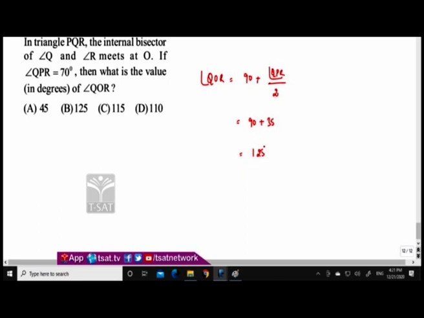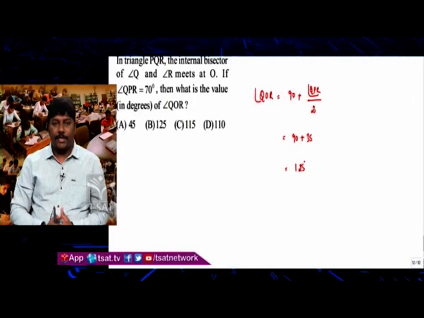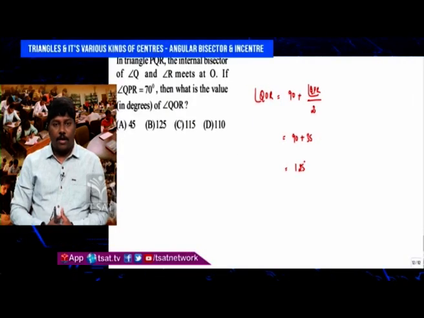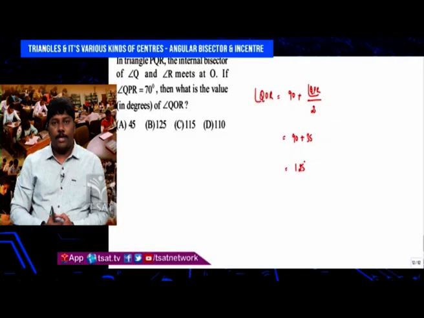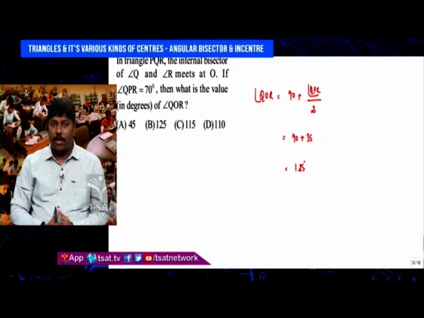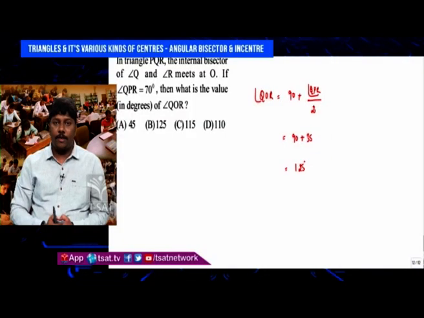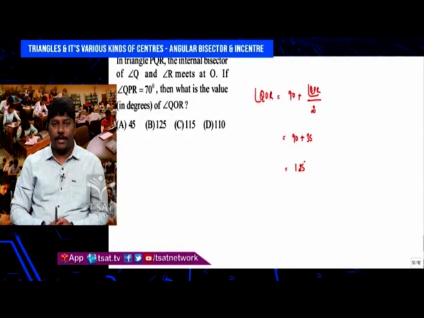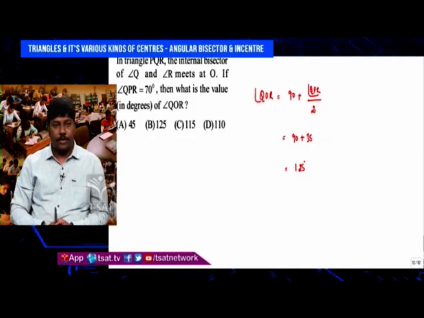So, the major questions which involve internal bisectors are based on angles. Either they may ask you about two internal bisectors, or two external bisectors, or one internal bisector and one external bisector. Just see the formula so that you can directly put the values in it. All you have to do is understand the question and where to put the value. That makes your answer take just 10 to 20